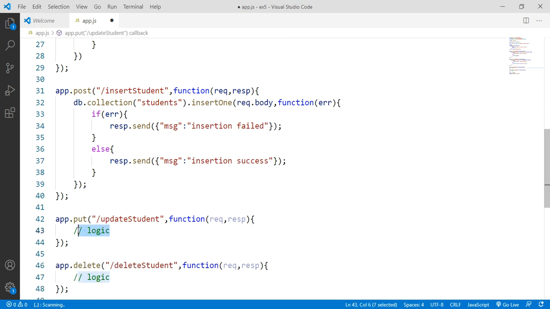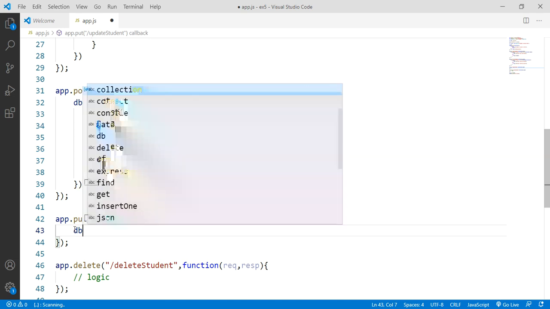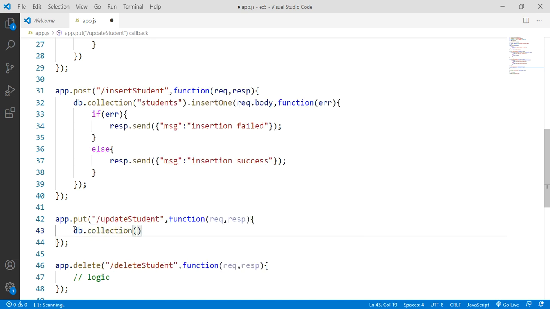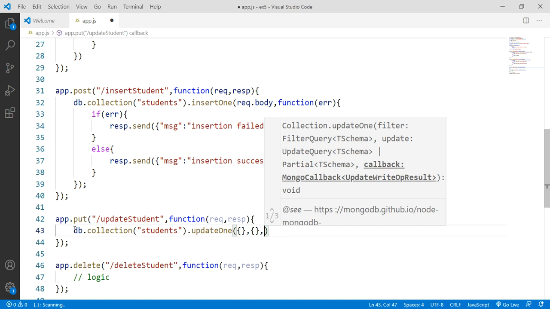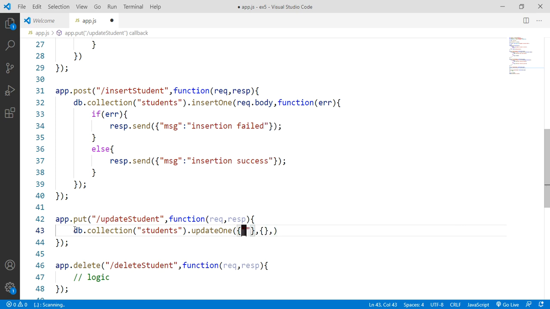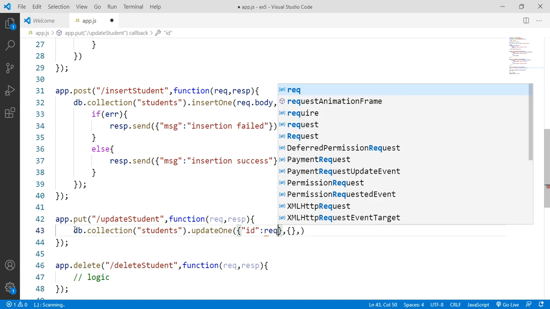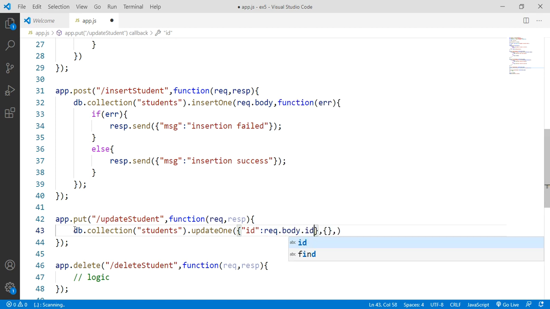So this is the way I can handle the insert. The next one, update. Very simple. db.collection students collection.updateOne. As we discussed earlier, we know this method. So this one expects two parameters. Now the first parameter will be, I want to identify by id, so request.body.id, because we need to accept the data from the client side. So all your client side data is available in what property? Body. This body is prepared by your body parser. So that is the beauty.